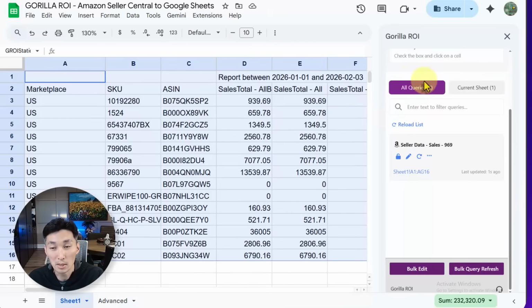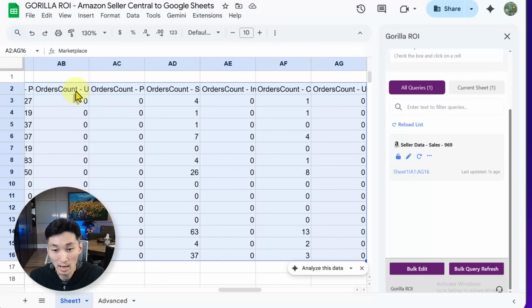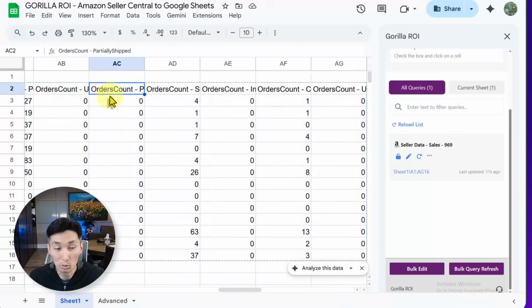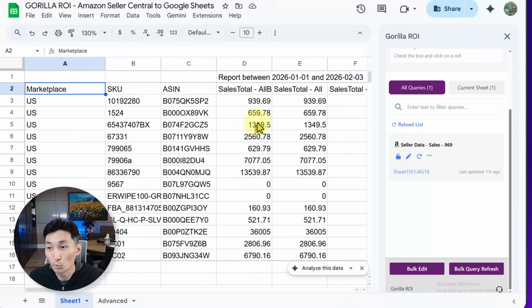So as it populates all of the data, you'll see that this table has about 495 cell data points. And it loaded that within, say, the amount of time that I was speaking. That's really how easy it is to pull in this data.